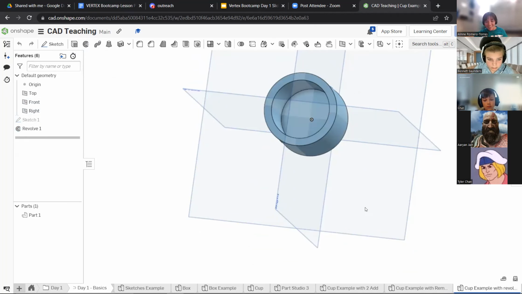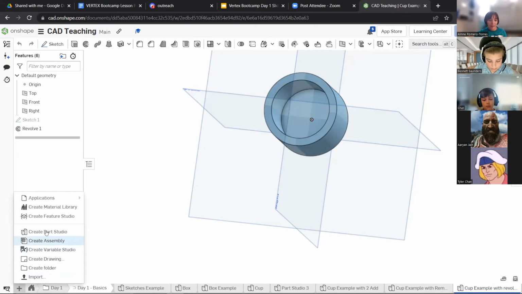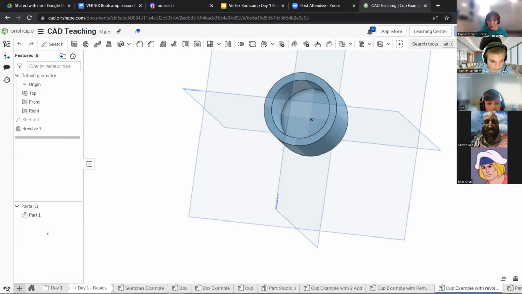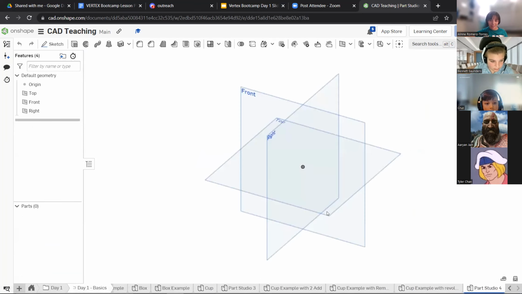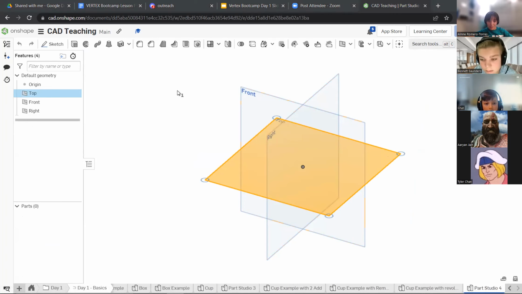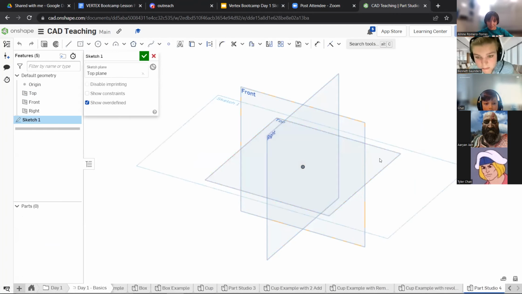There's also another way to make a cup, and I guess the point of all of this is to show you that there are several ways to do things in CAD, and that spatial thinking, that way of thinking, how can I make this piece, is really important. So I'm sure this isn't the last way, but this should be the last way I show you all, using another tool. So I'm just going to start with a sketch,